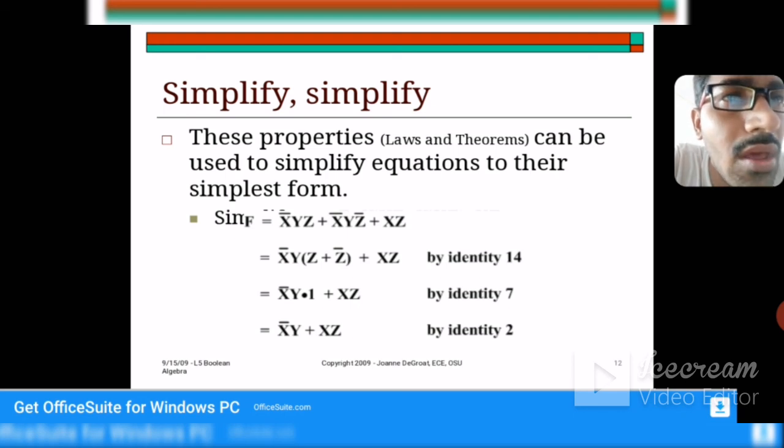In the initial case, how many gates have we used? Two AND gates and one inverter gate in the first term, that is 3. In the second term, 2 AND gates and 2 inverter gates, that is 4. In the third term, only 1 AND gate, so 3, 4, 1, that's 8 gates, plus 2 OR gates, around 9 gates we are using in the original statement. But when it is simplified, we have used one inverter gate, 2 AND gates and 1 OR gate, that is a total of 4 gates. So 9 gates converted to 4 gates.